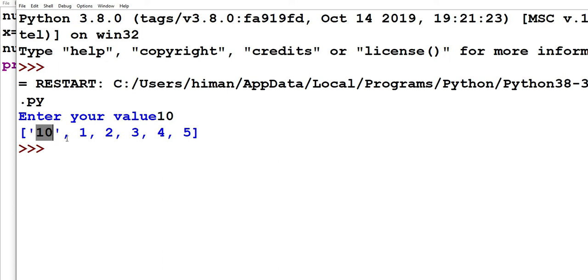It means the index value of this one is now 1, this is the second index value, this is the third index value, and so on, right? So like this we can insert any particular value at any index value, right?